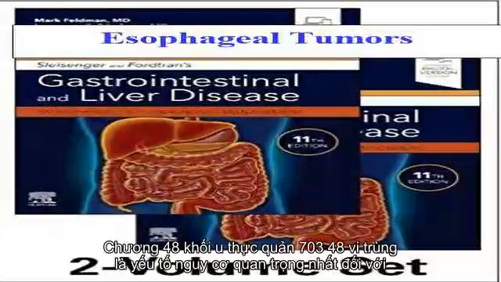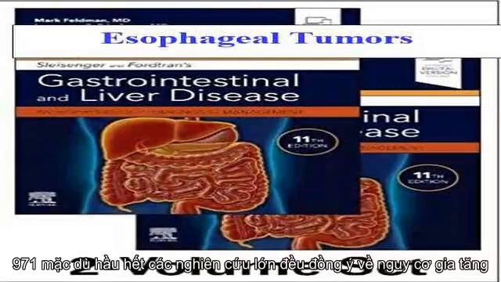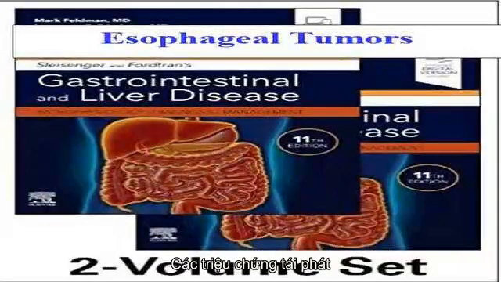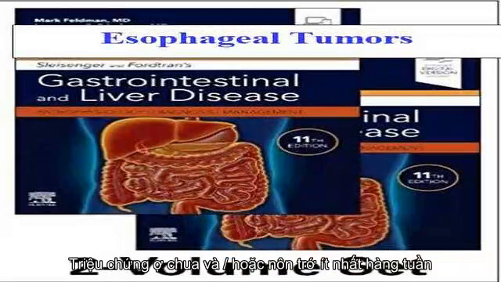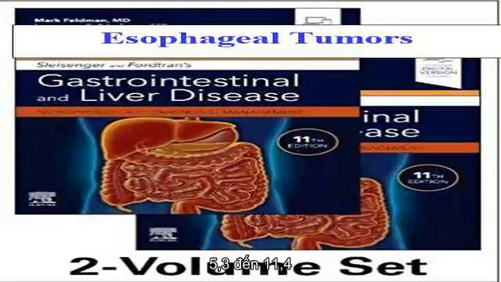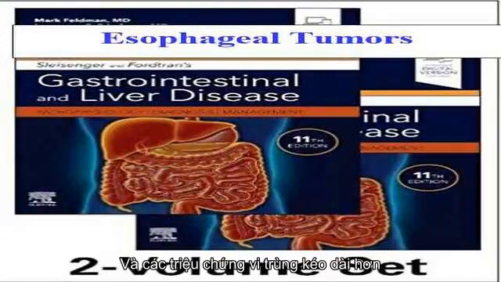GERD is the most important risk factor for the development of EAC, see chapters 46 and 47. Although most of the large studies are in agreement over the increased risk, the reported risk has varied from 4 to 8-fold. A study in Sweden showed that the risk of EAC in individuals with recurrent symptoms of GERD, at least weekly heartburn and/or regurgitation symptoms, was 8-fold higher than in individuals with less frequent symptoms, OR 7.7, 95% CI 5.3 to 11.4. This study also showed that the risk of EAC was especially high among individuals with more severe and longer-lasting GERD symptoms, OR 43.5, 95% CI